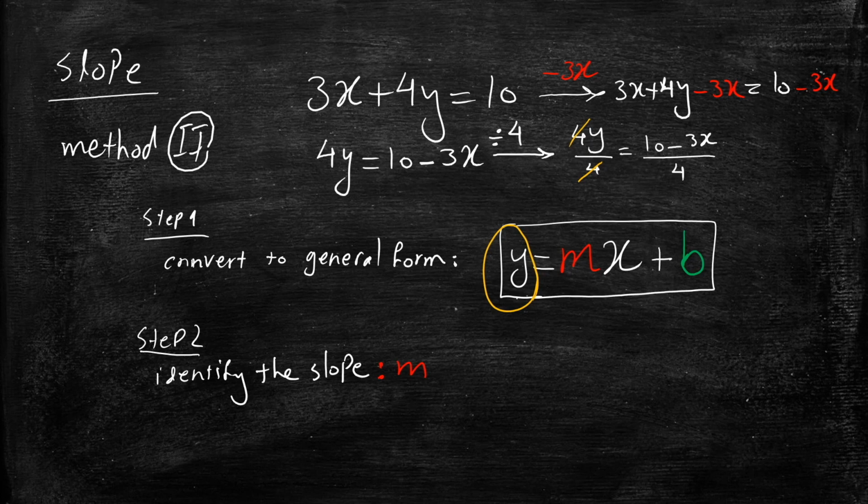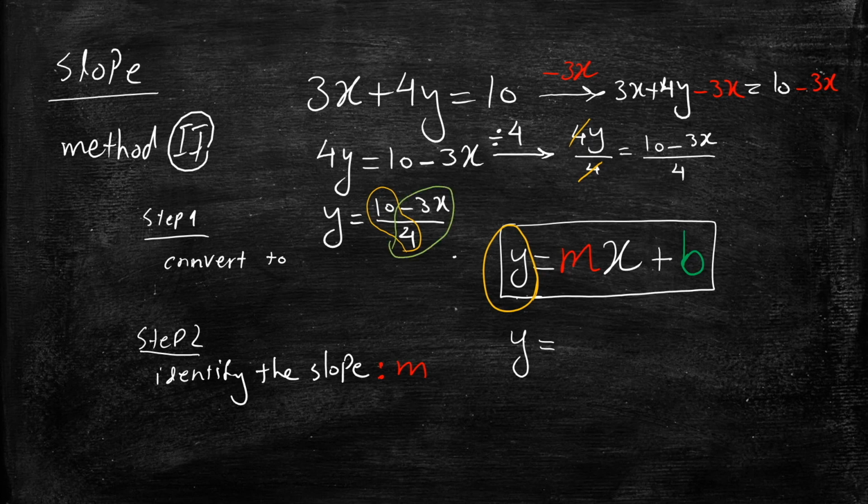And we will have, I'm going to delete this for a moment, y equals 10 minus 3x over 4. So we can now simplify this further and write it y equals, so we know this is two fractions basically, 10 divided by 4, and also minus 3x divided by 4. I'm going to just separate them and write them as 10 over 4 minus 3x